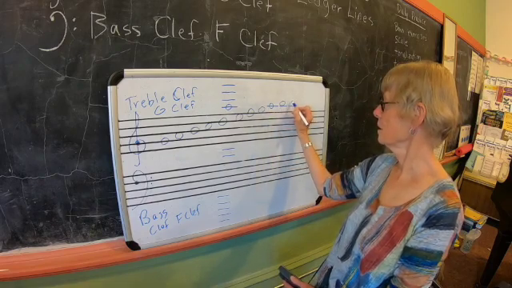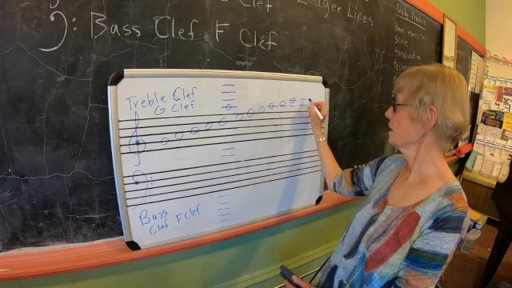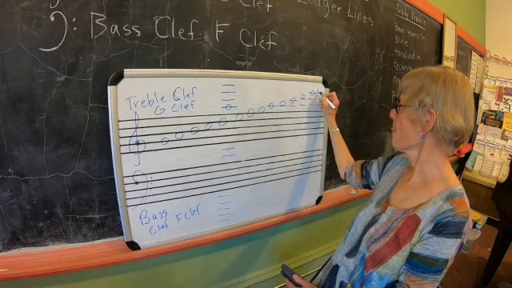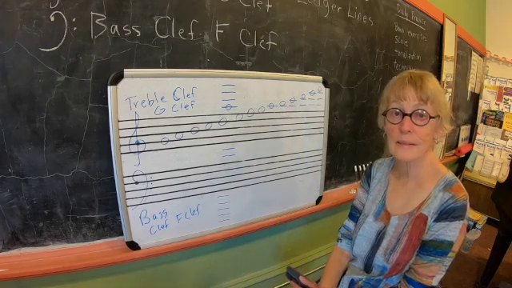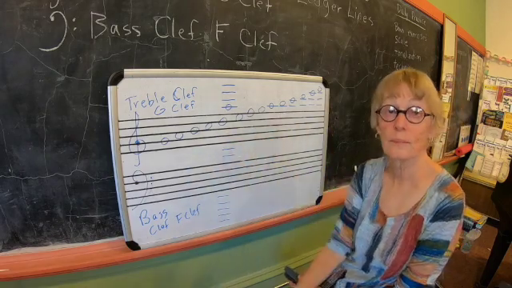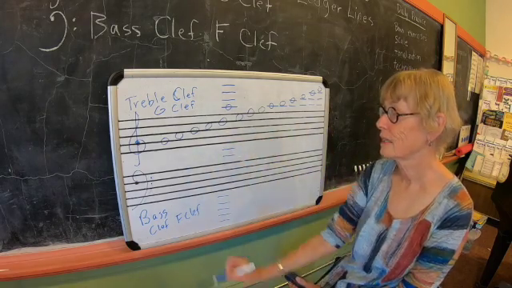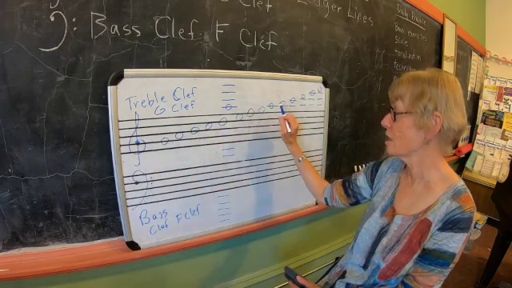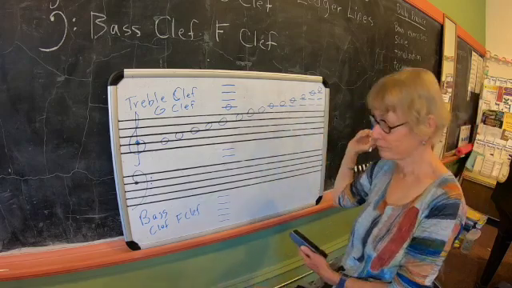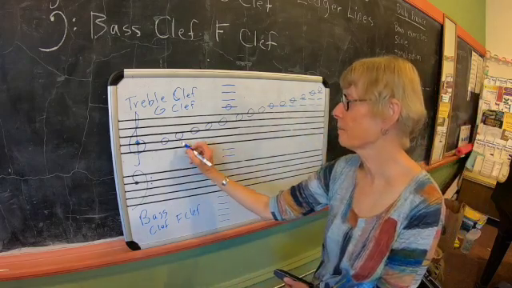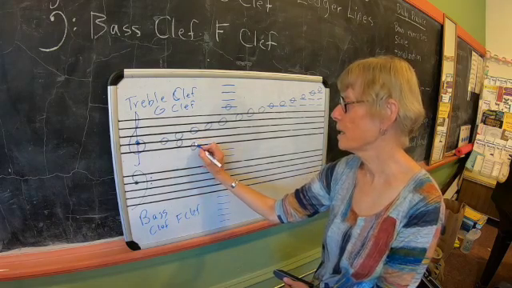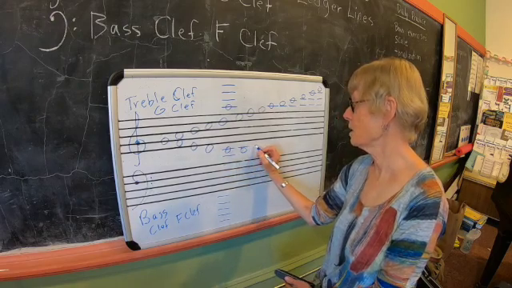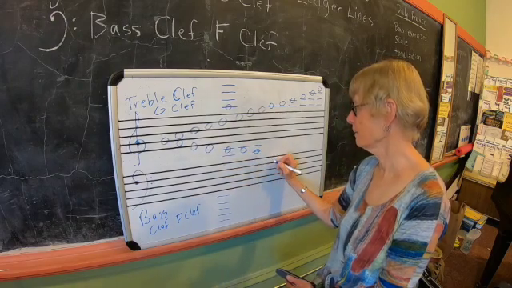B, C, D, and we just keep going. And that's how we determine what pitches are on the staff. G, A, B, C, D, E, F, G, A, B, C, D, E, F, G, and so on. Counting backwards, this would be F, E, D, there's our middle C, there's our B, there's our A, G is below that,